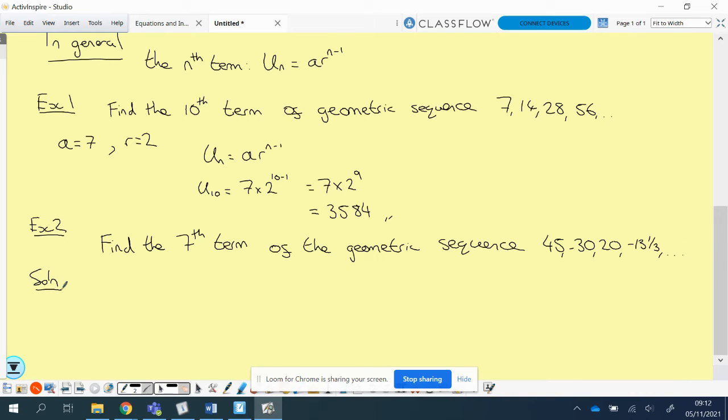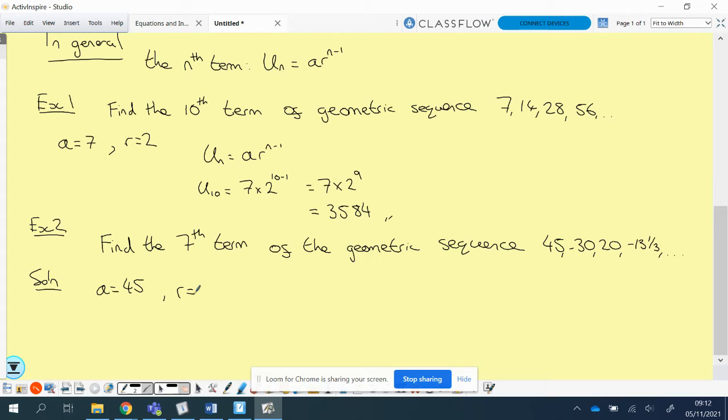So again, the first thing that we spot is that A is 45. That's my first term. Okay. So that's the bit that should be quite straightforward to see. Now, how we want to spot what the ratio is, okay, because it might be a bit awkward,